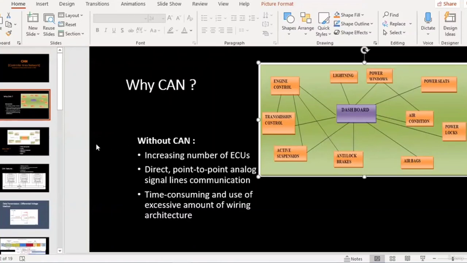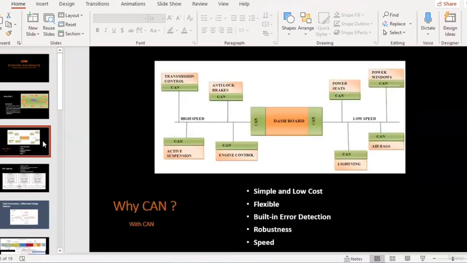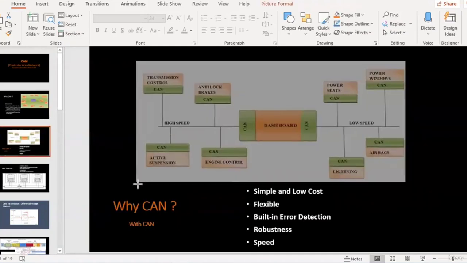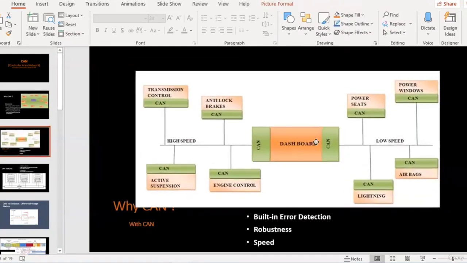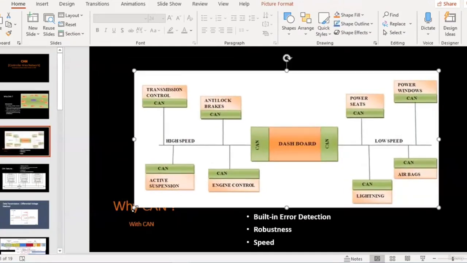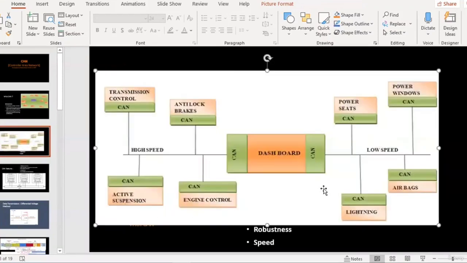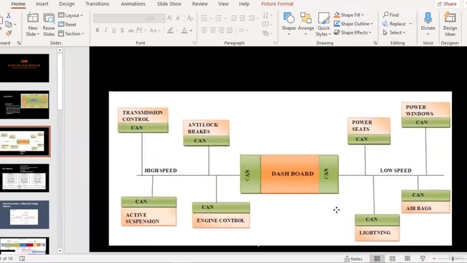So going back to why we are using CAN and how the CAN line resolves these problems. Now in the diagram shared on the screen, at first instance you will see that this is much more planned and it seems much more aesthetic, right?